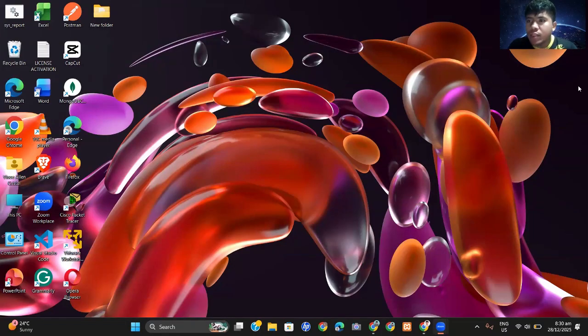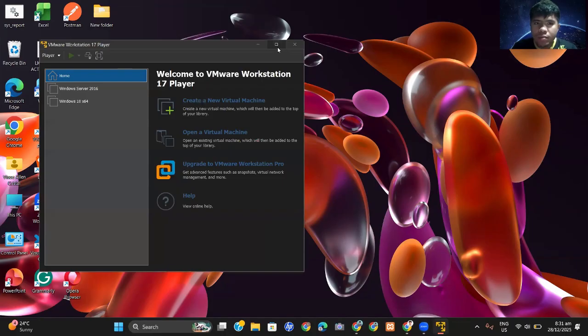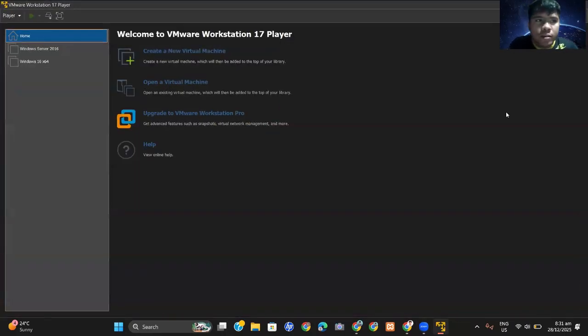So now, let's demonstrate first the COC3. Here, I am going to use VMware Workstation Player Pro 16 to demonstrate the COC3. To start, let's open the VMware Workstation Player. Here, we successfully opened it, and all we have to do first is configure or install the server side. So let's create a virtual machine here.